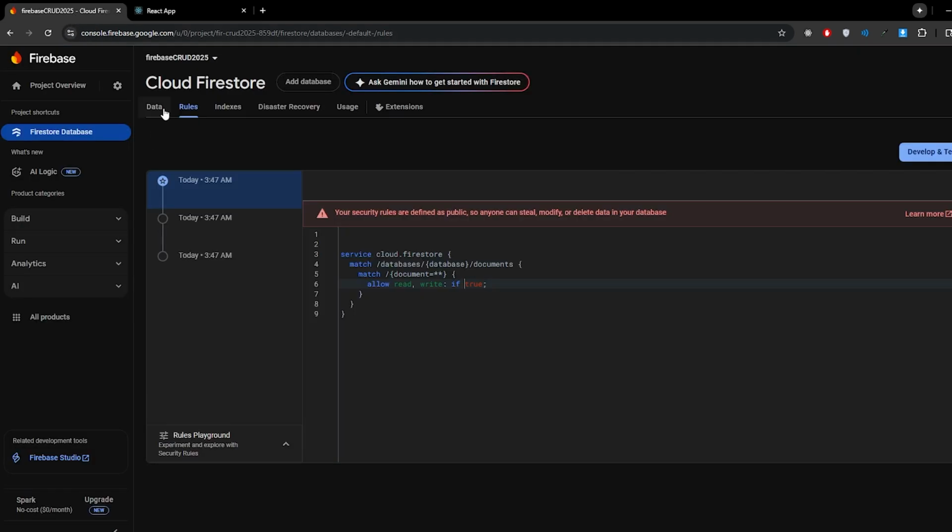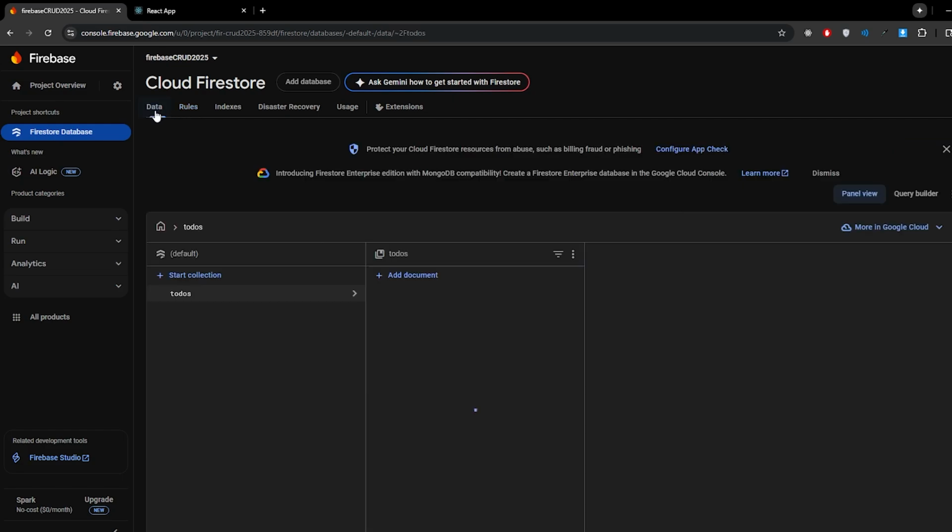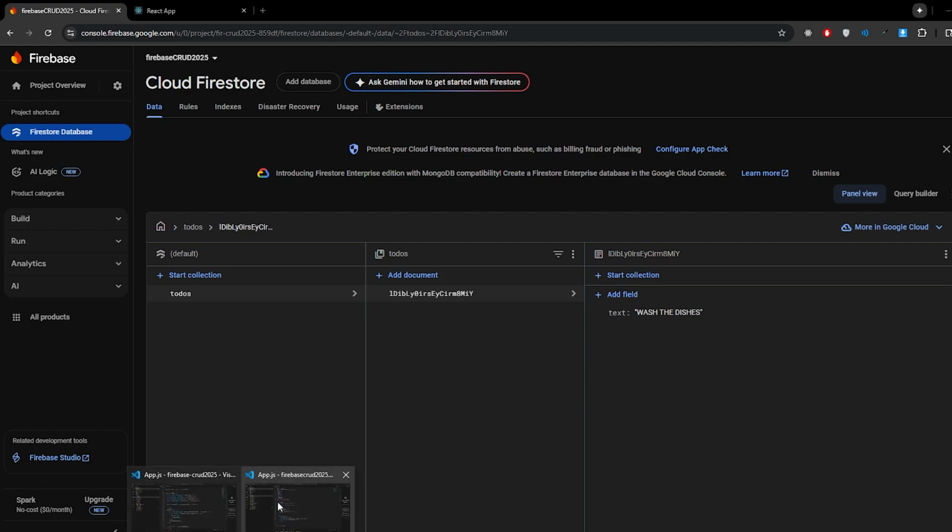So I click submit. Let's go back to our Firebase, and we're gonna click on data. So it looks like it is now saved. So the create part is working. Our next part is to do the reading. So now let's go back to our code,